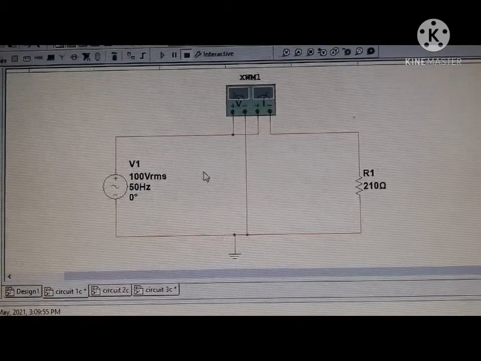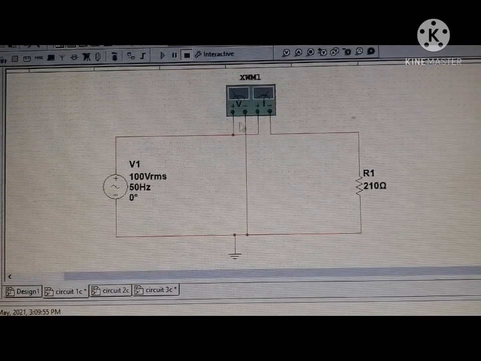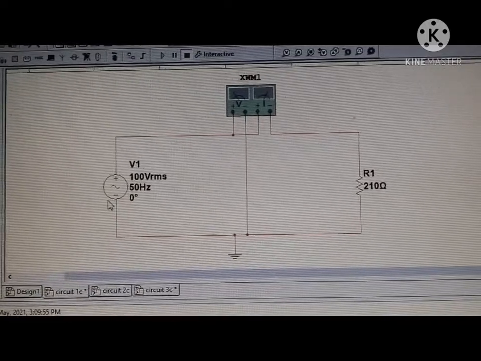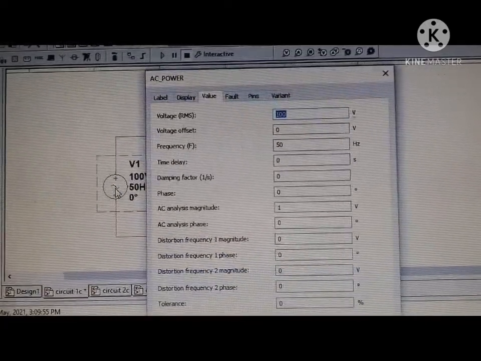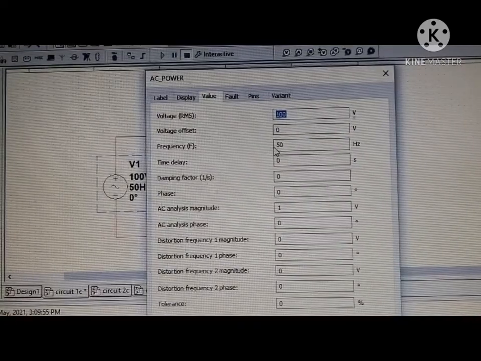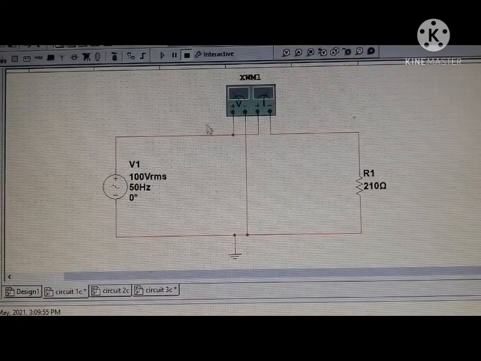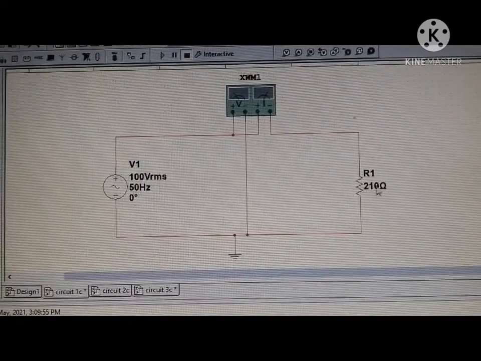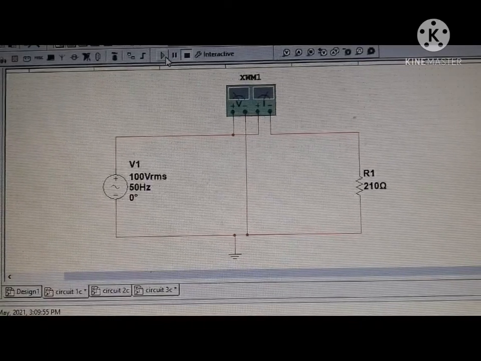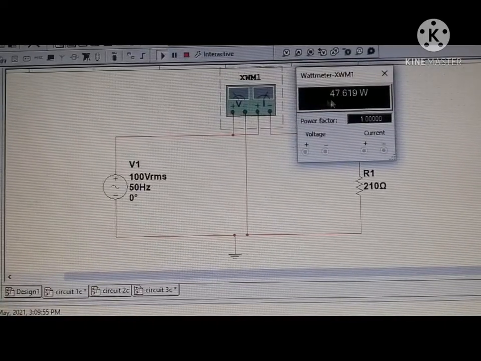So for activity 1, we have this AC supply, the voltmeter to measure the power, and the resistor. First of all, don't forget to change the voltage RMS to 100 volt, and change the frequency to 50 Hz as instructed in the lab sheet, and then the resistor to 210 ohm. Alright, so run the simulation and then you will get the measured current and measured power, that is